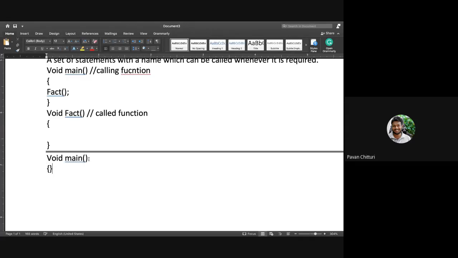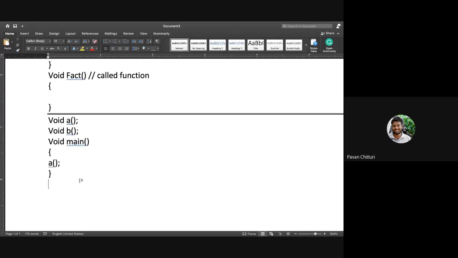So I have two functions now in my entire module: void A and void B. Now I am trying to call A. In the A function, I am calling the B function, which is nothing but the same thing. It is never going to change anyway.